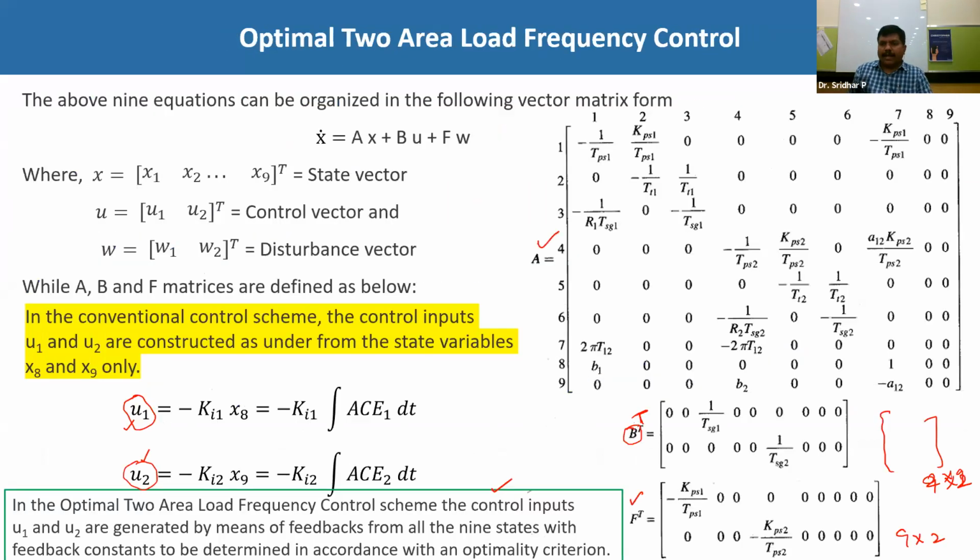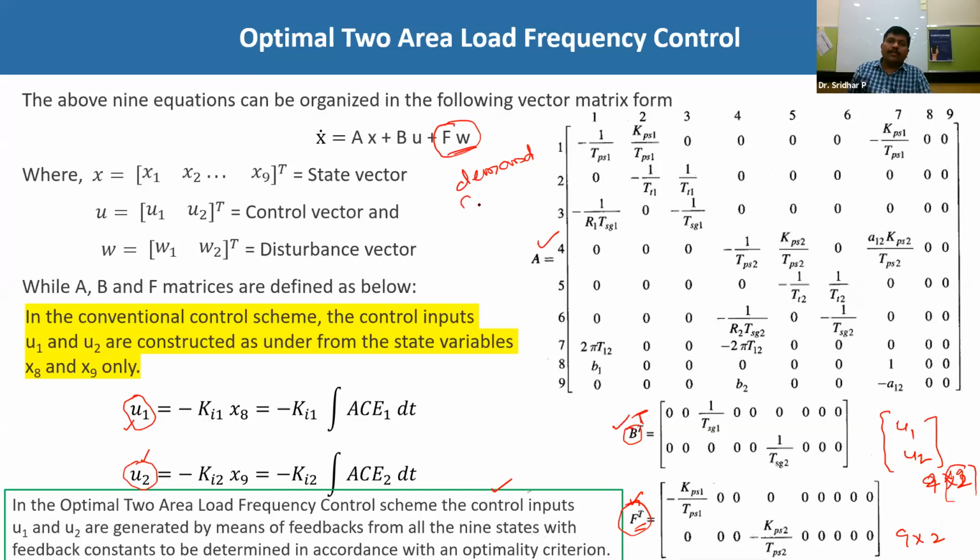So this matrix here has size 2, so two columns will be there, and the input vectors are the u1 and u2. So this is about this, and this is the disturbance vector. And by adjusting the feedback, we can eliminate this disturbance term also. This f into w corresponds to the demand and the system, demand and the plants.